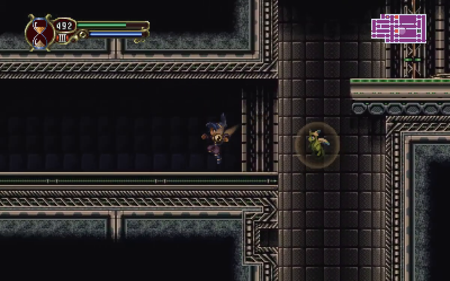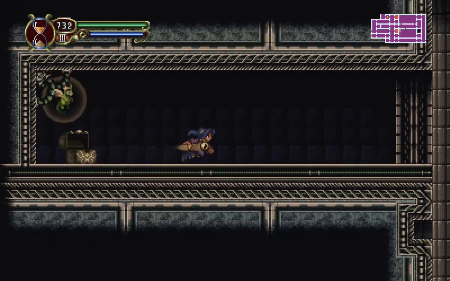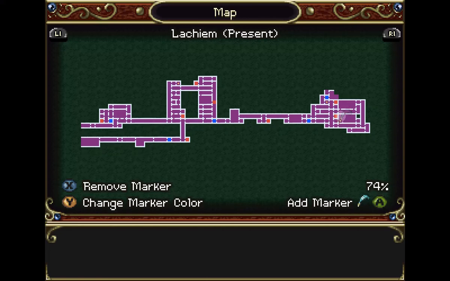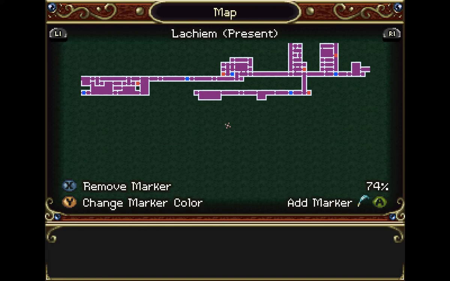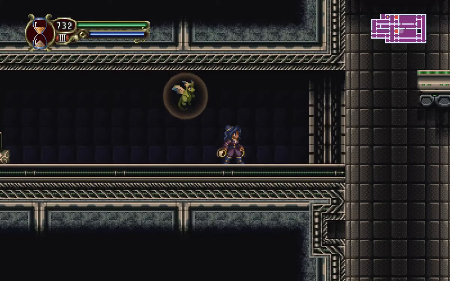Now we can finally go up here and see what we missed, and it's a chest with max health up. Okay, at least not useless by any means. 74%, right. But we know that there is obviously something above here, the final area, I guess, story-wise. And then there's, of course, the area over here. Well,